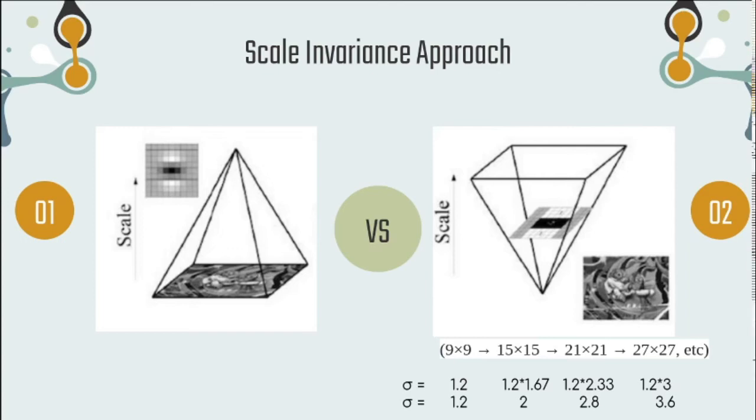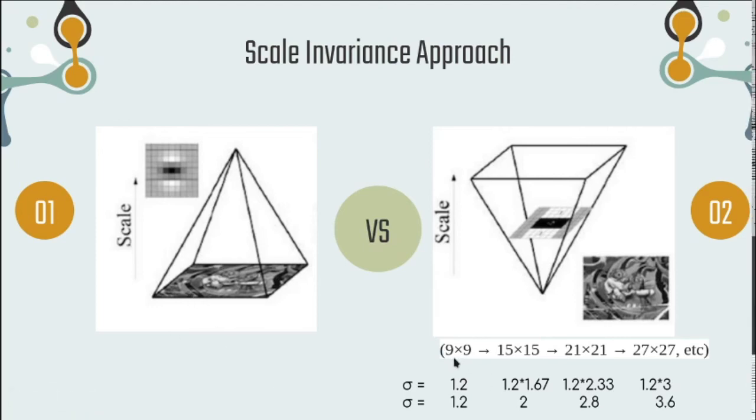But in the SURF algorithm, as we are seeing the power of integral image, what we can do is instead of subsampling the image, we can take the image constant and then vary the scale of the filter with an appropriate sigma value. Here sigma is nothing but the standard deviation of the Laplacian of Gaussian filter. Our initial filter will be of scale 9 cross 9 with sigma 1.2, and as we increase the scale of the filter, accordingly the sigma value will be changed.